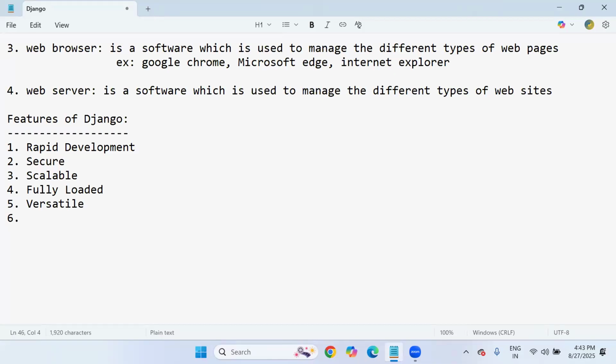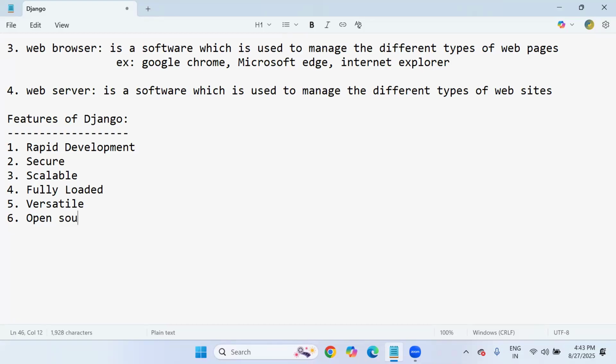Nowadays, companies are using Django to build various types of applications like content management system applications, social media networks, scientific computing platforms, e-commerce websites, banking websites, financial sector websites, like that only. So that is what I mean by versatile in nature.